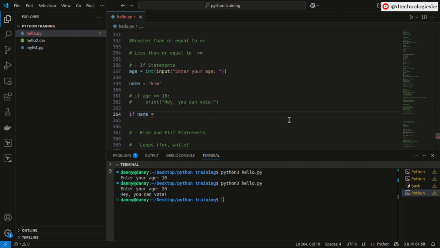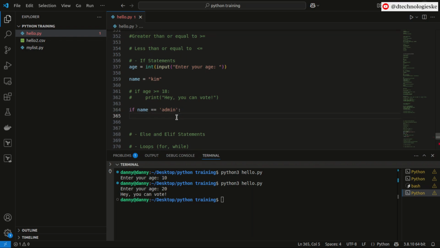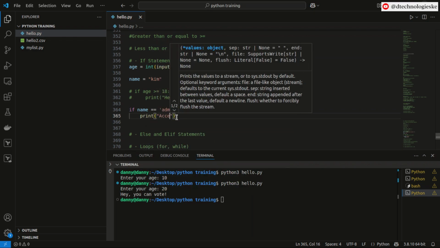All right. So in this case, we have already used the greater or equals to sign here. Again, here we can make use of the equal sign. As I said, scenarios are the ones that will guide you on the operator that you need to use. So in this case, if name is equal to, all right, so probably only the admin should be granted access to the system. So you can check if the name given is admin, then print access